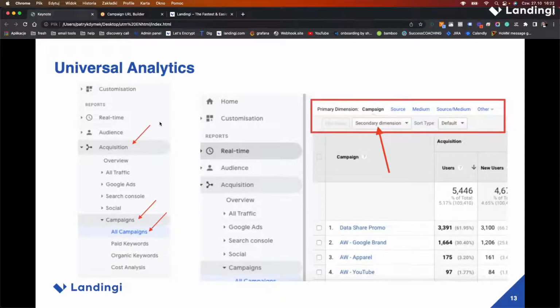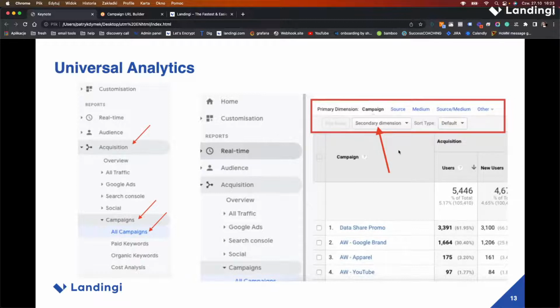Let's make sure that we find these UTMs now. What we need to do is look at the left-hand side panel and check the acquisition view, then campaigns, all campaigns, and then we have the campaign dimension, which is the primary dimension over here.